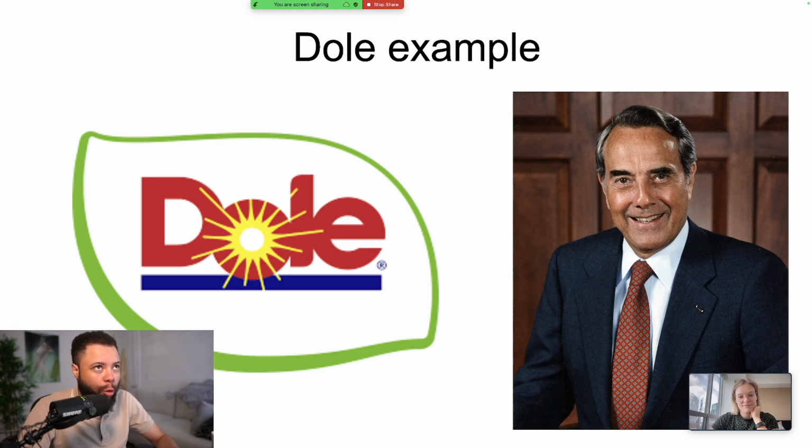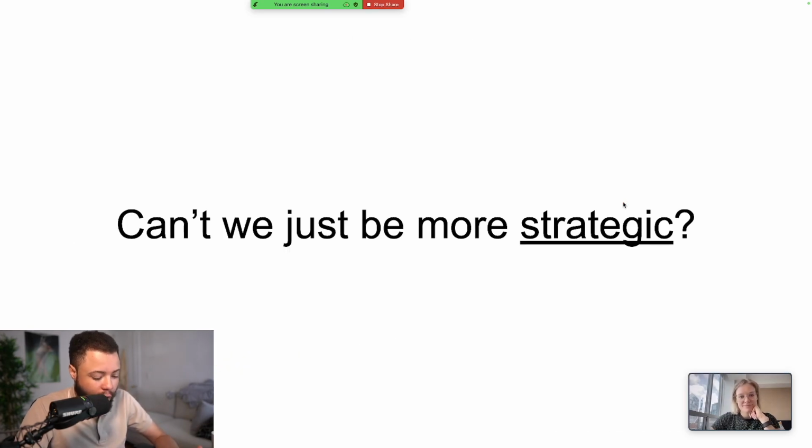So if I say Dole fruit, I mean the thing on the left. If I say Dole politician, I mean the person on the right. And being able to distinguish between those two is where a lot of the nuance of search and ad come in. So a thought here could be like, okay, so does that mean that we can just be more